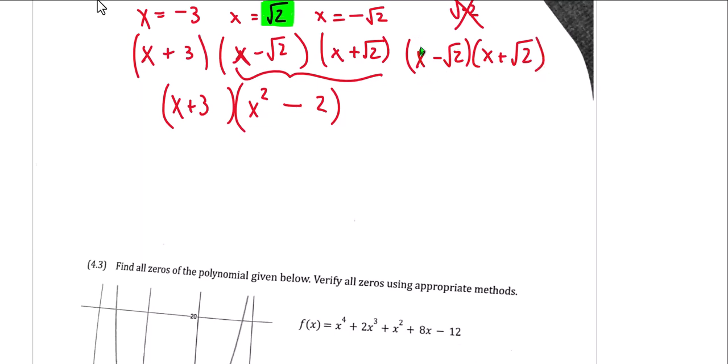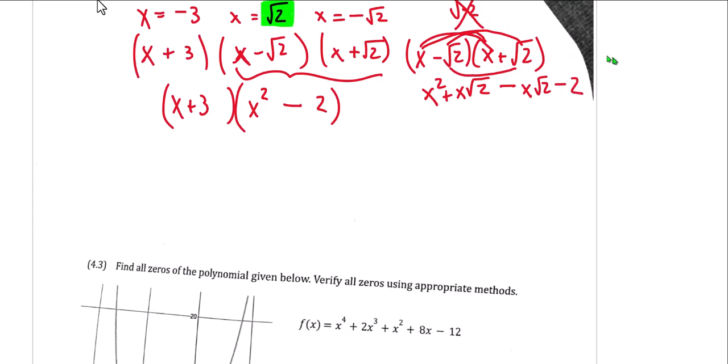and FOIL all this out. X times x is x squared. X times root 2 is plus root 2. I'm going to write the x in front in this case just to make sure my x doesn't get covered under that root. So that's x times root 2, x root 2, and then negative root 2 times x, that will be minus x root 2, and then the negative root 2 times the positive root 2 will be negative